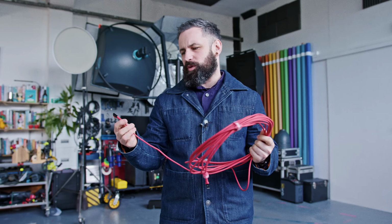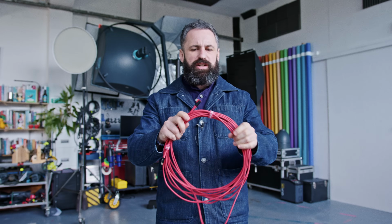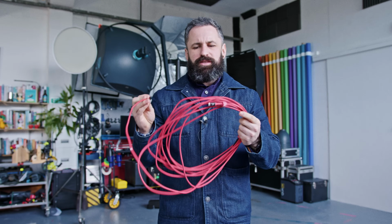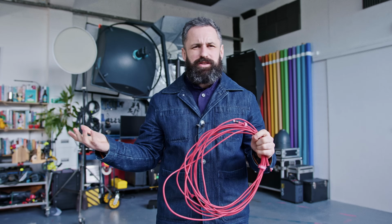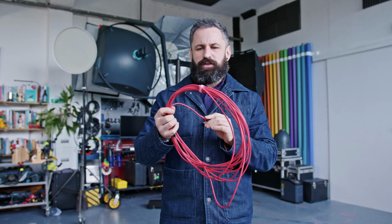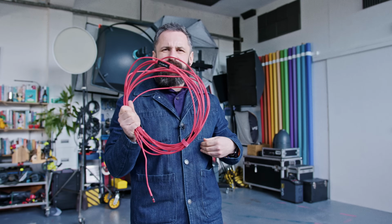Now, alongside always using the stand, we always use a tether cable. Regardless of the camera system we're using, whether it was the 5DS, which was the most used camera last year, the Phase 1, which was the second most used camera, we plug in one of these. The industry standard in the UK right now is Area 51. For years it was Tether Tools, but they just let the quality slip, to be honest. They're not as good as they were. This is an Area 51 cable that I purchased. It's pretty good. I've got some other cables from other brands on the way to test. There'll be a video on that when they arrive, but this is on every shoot,